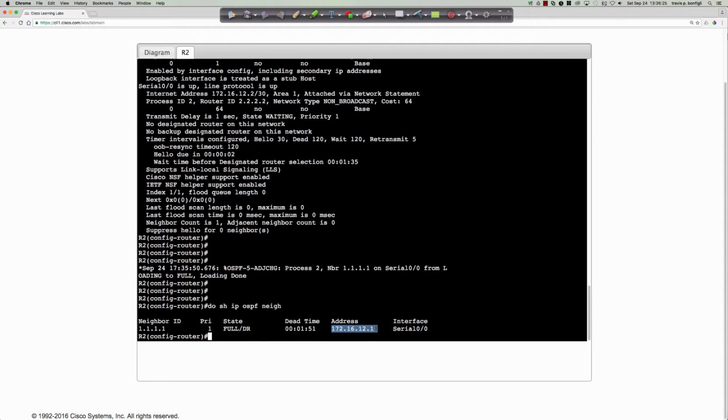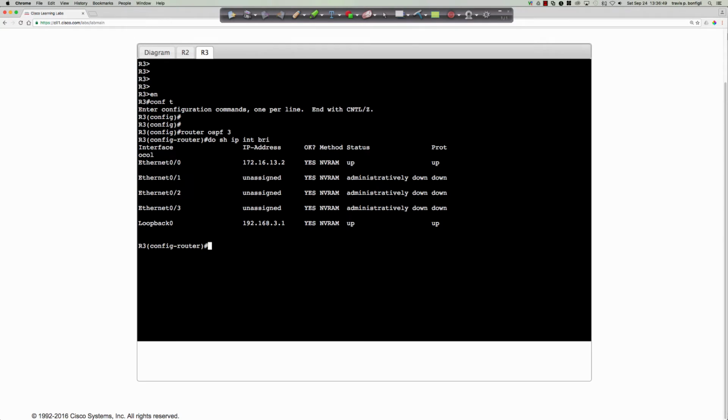And there is the IP address of the peer, and this is the local interface out which we have that adjacency. So let's pull up router 3, go from user exec into privilege exec into global config, and the same thing, router OSPF 3, right? Again, that's a locally significant value, so I could use a different process ID on every single router if I needed to. And we're going to do the same thing, do show IP interface brief, and we're going to say